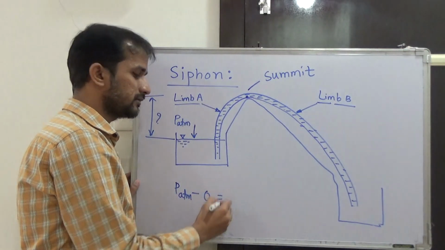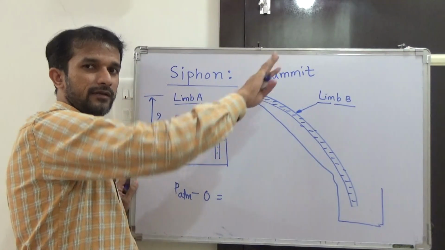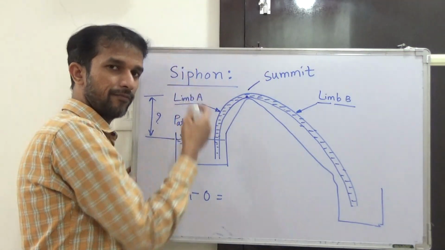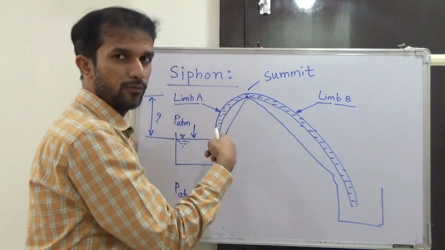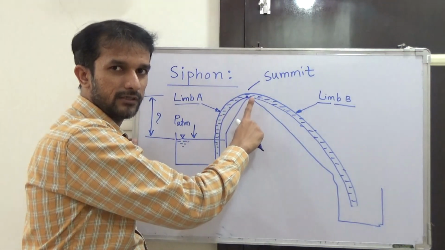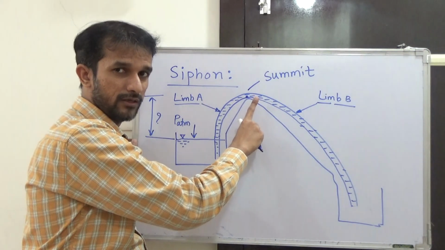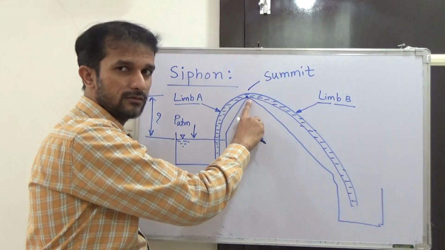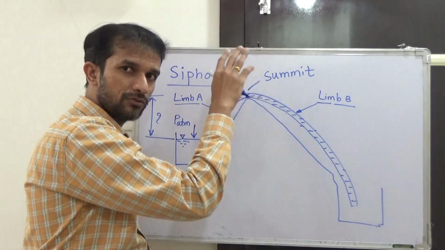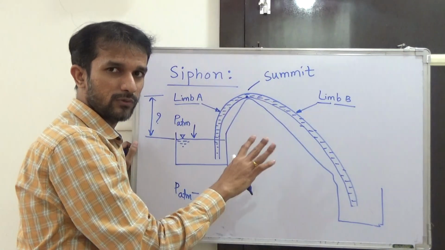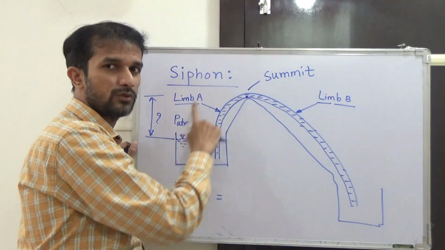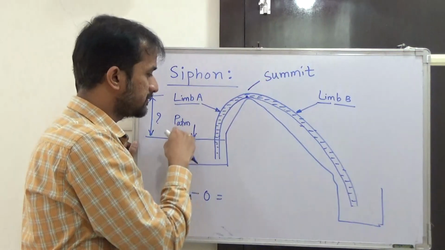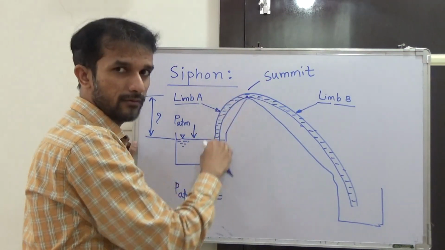So how much height can it rise? It is exactly the same as a barometer. You must recall the barometer, that it is a completely evacuated tube. So now this is the same case. Here the pressure is zero absolute. I am discussing a hypothetical case. If the pressure is lowered so much that it has become zero absolute pressure, then what is the pressure difference? P atmosphere minus 0 is the delta P. So how much height can the fluid be pushed up to?